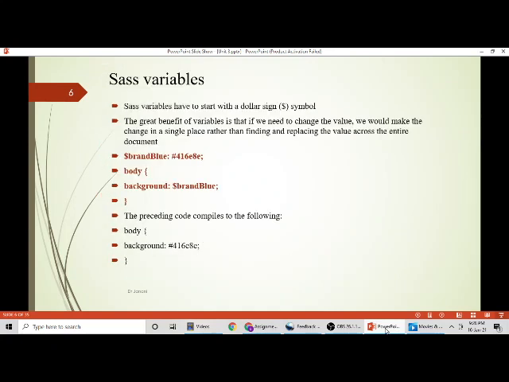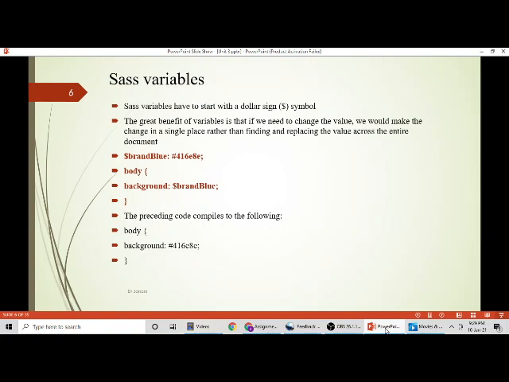Okay, so how did we start with JavaScript? We started with variables, arguments, functions, events, event handlers, and so on, right? So let's also start this Sass scripting language, and let's see how they work with the variables. Okay, so how do you declare a variable in any object-oriented programming language? You give the data type followed by the name of the variable. It can be any variable, right? Any name. So here, Sass variables usually start with a $ sign and followed by the $ sign, you give the